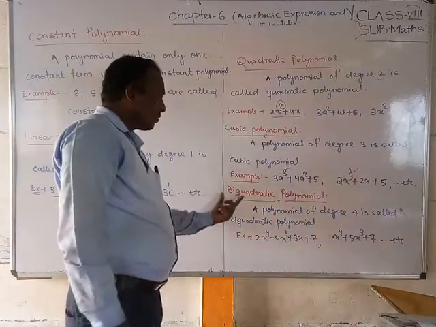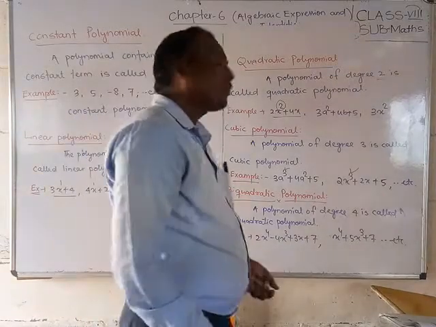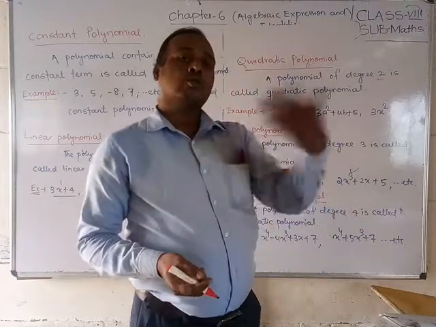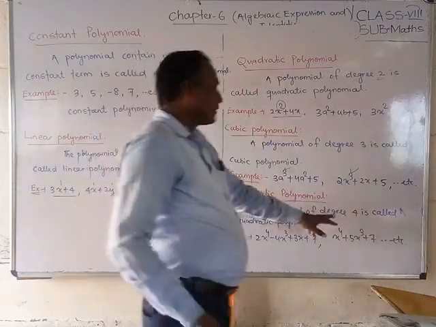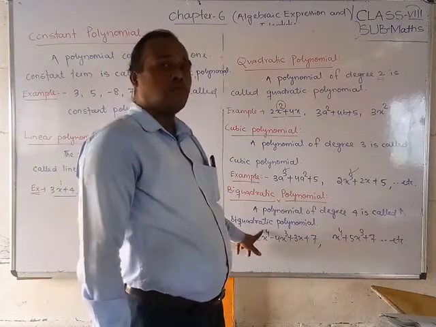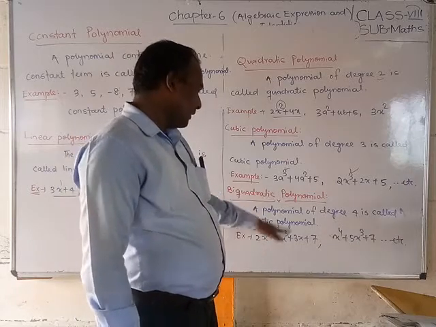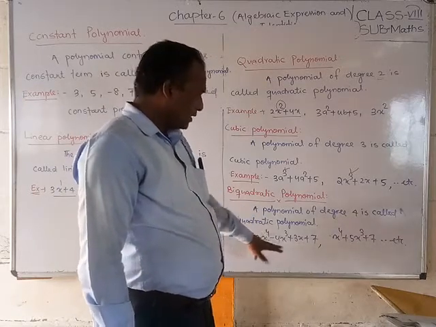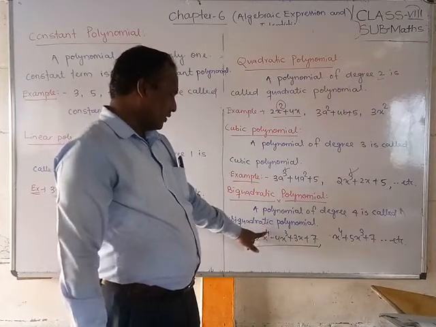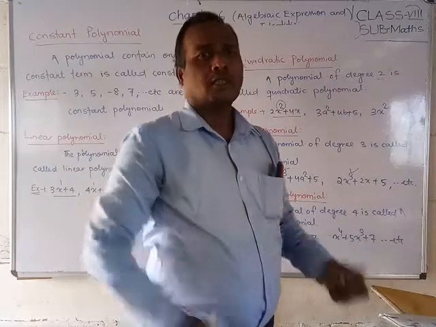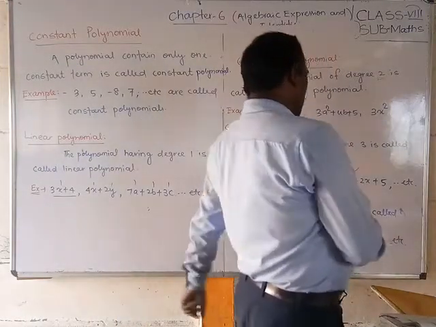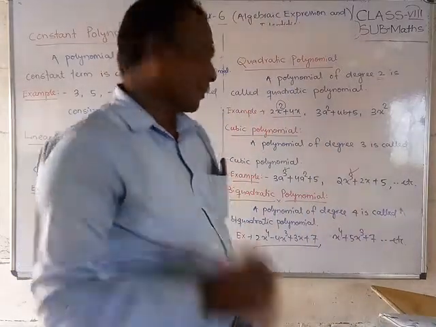Okay friends, now we will discuss the biquadratic polynomial. Biquadratic means bi, square again, so 2 times 2, that means 4. So it is a polynomial of degree 4. A polynomial whose highest power is 4, or whose degree is 4, is called a biquadratic polynomial. Here we want to find out this polynomial's degree. The degree is 4, hence it is called a biquadratic polynomial. x to the power 4 plus 5x cube plus 7 is also a biquadratic polynomial because the degree is 4.